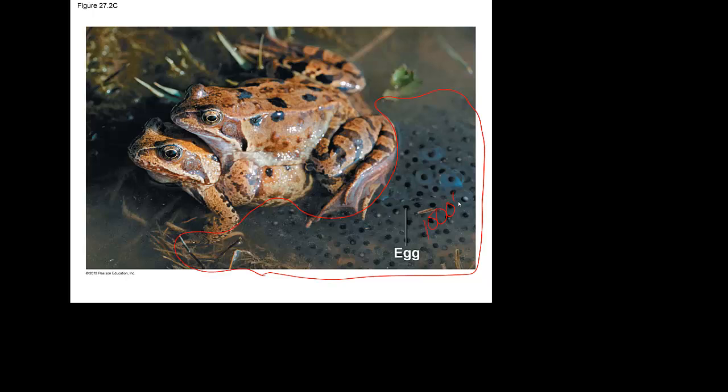So there may be thousands of eggs in this pile. From the standpoint, this is important, high predation rates on the eggs. And you may say, okay, well, if there's going to be high predation on the eggs, why doesn't mom just carry the eggs? We'll get into this more in evolution, why this is a stronger reproduction mechanism for the frogs and many fish, and lots of the amphibians.